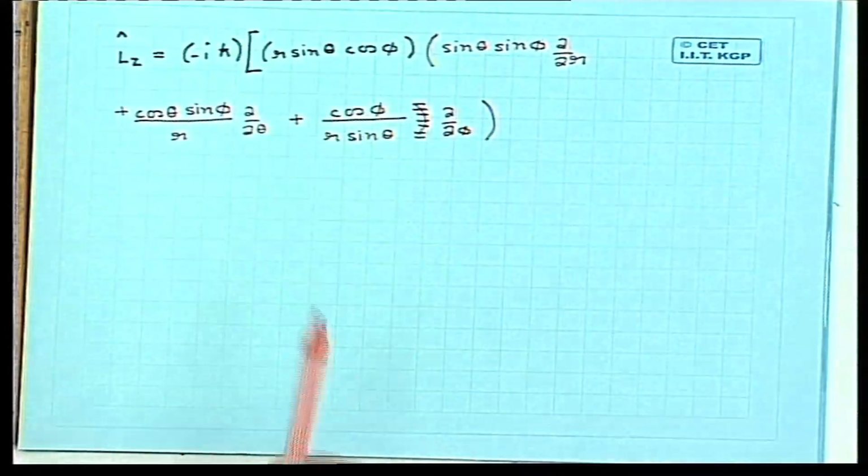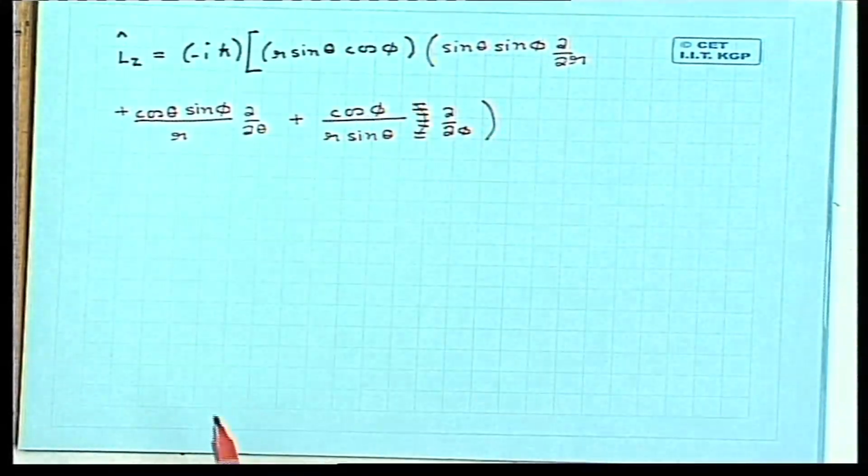So, this is the first term, which is x into del by del y,